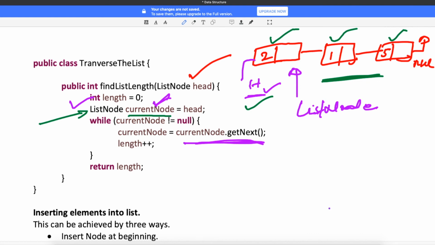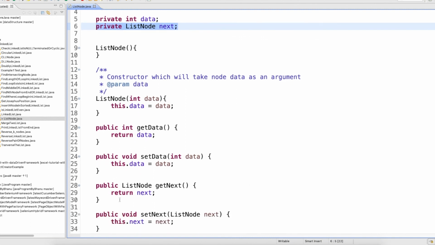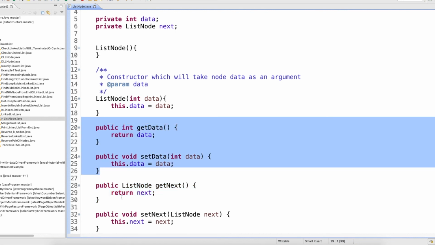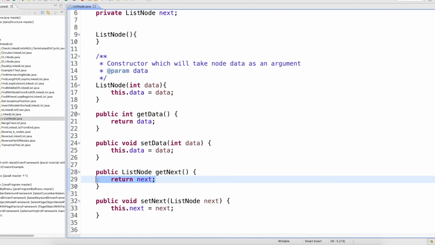Every node, you can perform two actions: either you can get the next node or you can set the data. You can see that we have something called get next. What will get next give you? It will give you the second node.